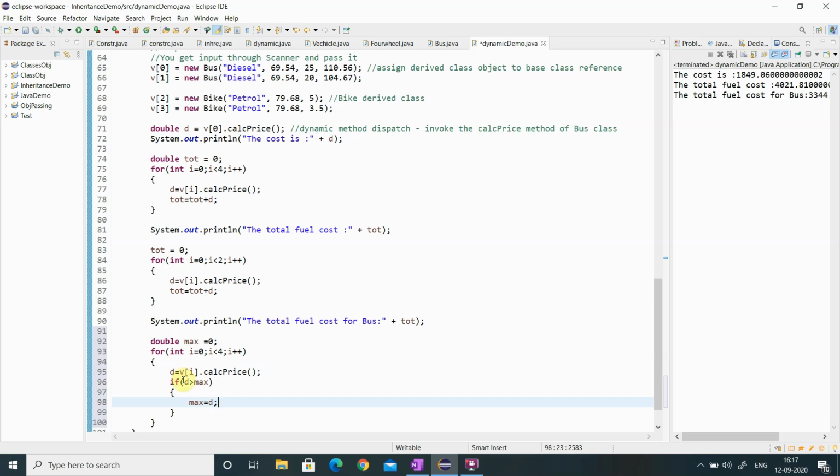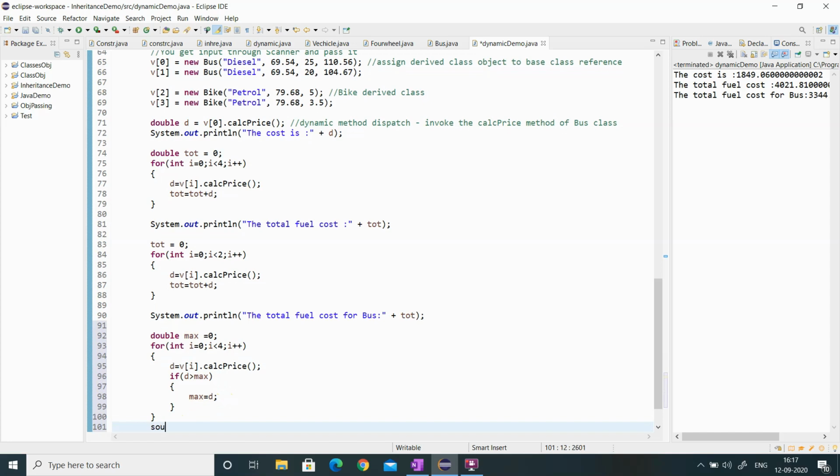So this will be compared for every object, and the object having the maximum fuel cost will be stored in maximum. Now I am going to write System.out and print the maximum fuel cost.